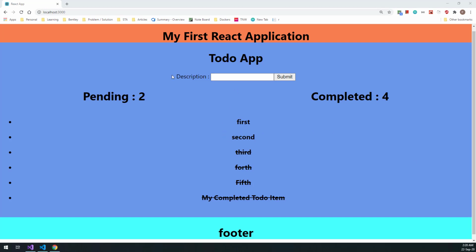So we have connected the to-do form with the state, because of which the to-do items are being displayed on the screen. In the next video, we'll have a small summary of this section and a short challenge for you guys.